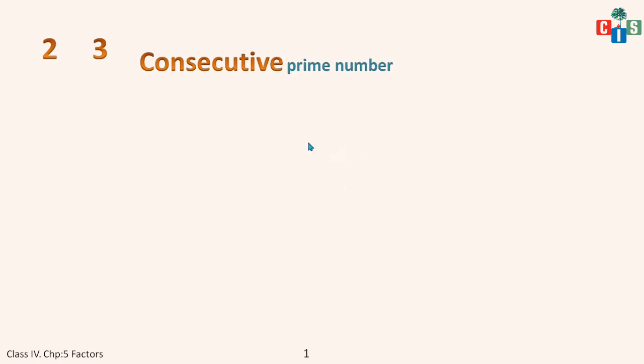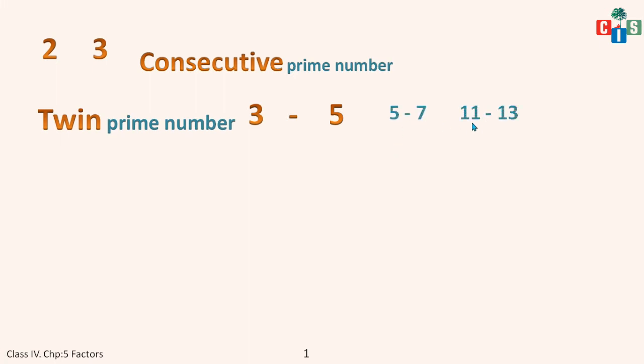Let's take the example, that is 3, 4 and 5. अब ये twin prime numbers क्यों कहा जाता है? Because 4 is in between, which is a consecutive number, and you have to erase this 4. Now these are twin prime numbers 3 and 5. And let's have some other example, that is 5 and 7 is also a twin prime number. 11 and 13 and 17 and 19 are also twin prime numbers, because बीच में एक consecutive बीच में एक composite number होता है. Fine.